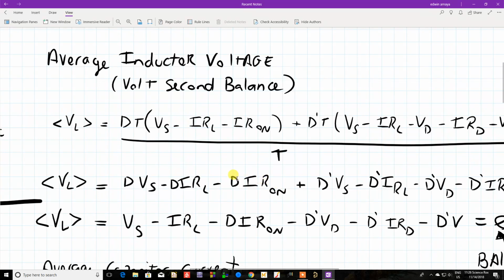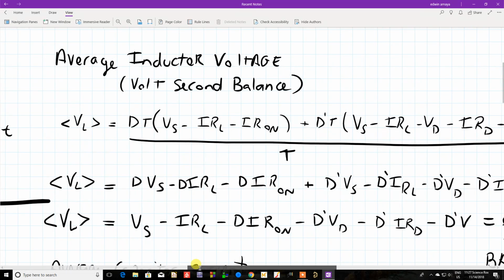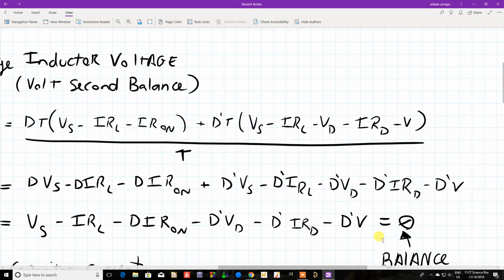Now the on resistance, there's no other term here that has D prime I R on. So this one stays as just D times I times R on. Now this D prime, oh, we already took care of that, sorry. We already took care of that also. So then what's left is this, which again has no other term with just D in it, so it stays. And this one also has no other terms, and that has no other terms, so they all stay. So that's your equation for the average voltage across the inductor, and we have to equate that to 0